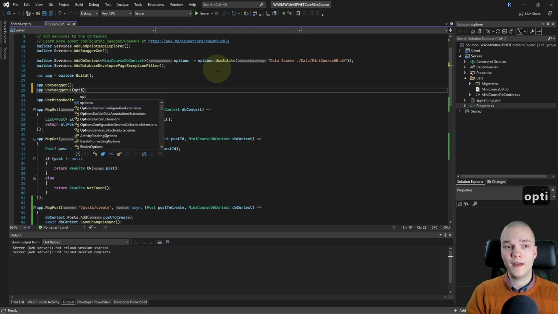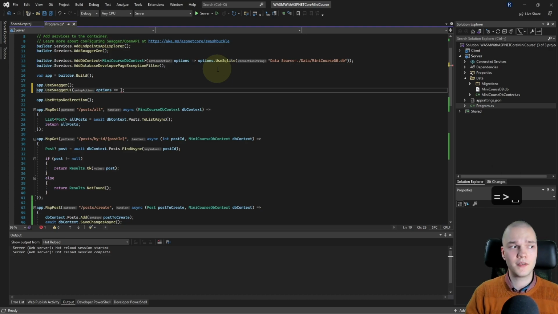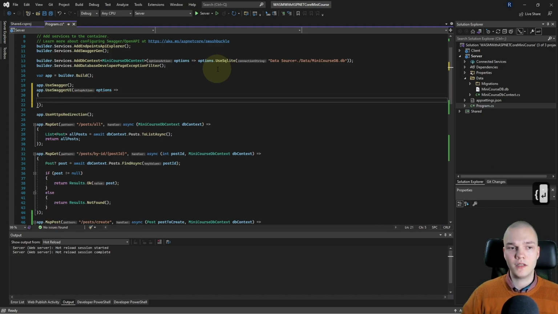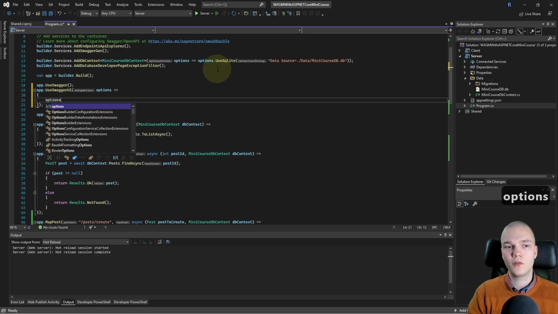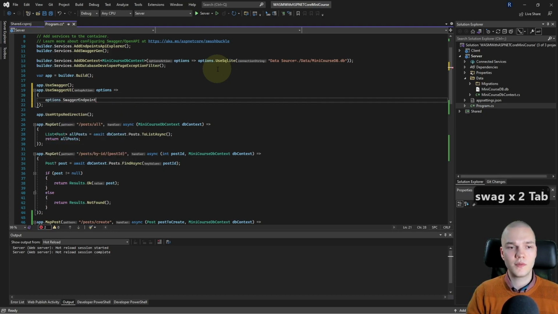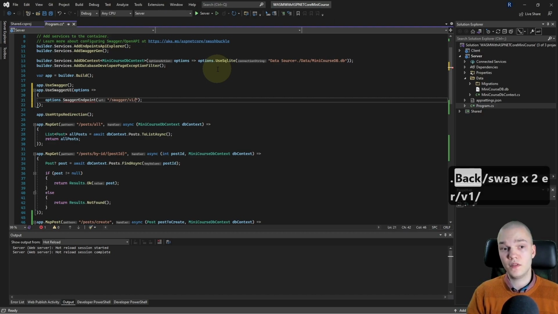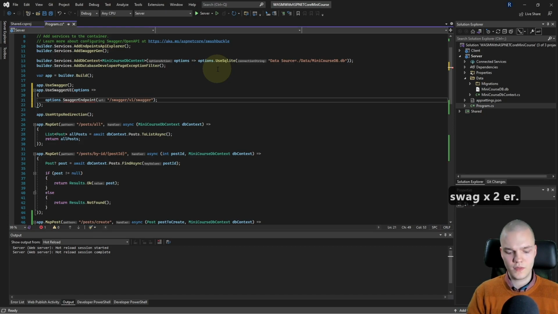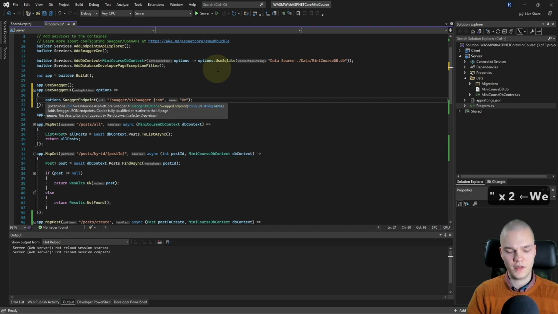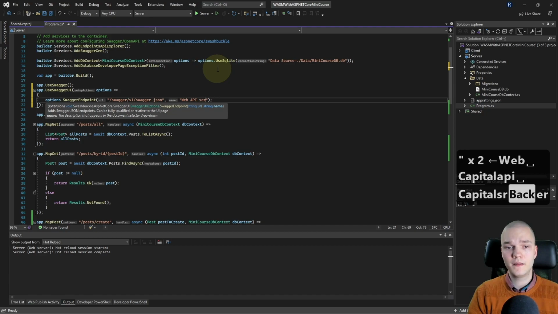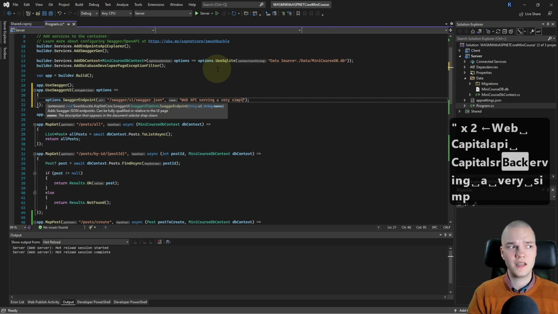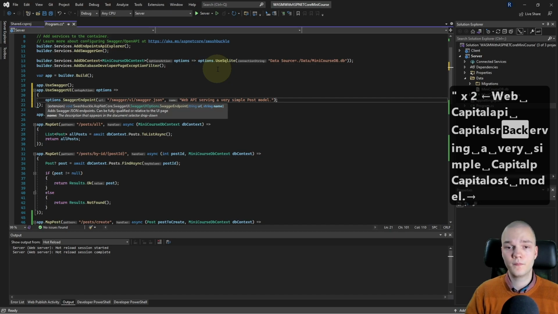So I'll do a lambda, and that has an options parameter, and I'll add a body with curly braces, and on that options object I want to call SwaggerEndpoint, and then pass in a string, and I want to do /swagger/v1/swagger.json, and for the name I'll just do web API serving a very simple post model.